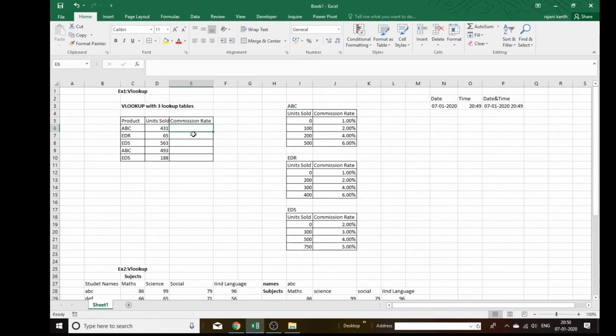I write here Control, next, Control plus Shift plus 15.